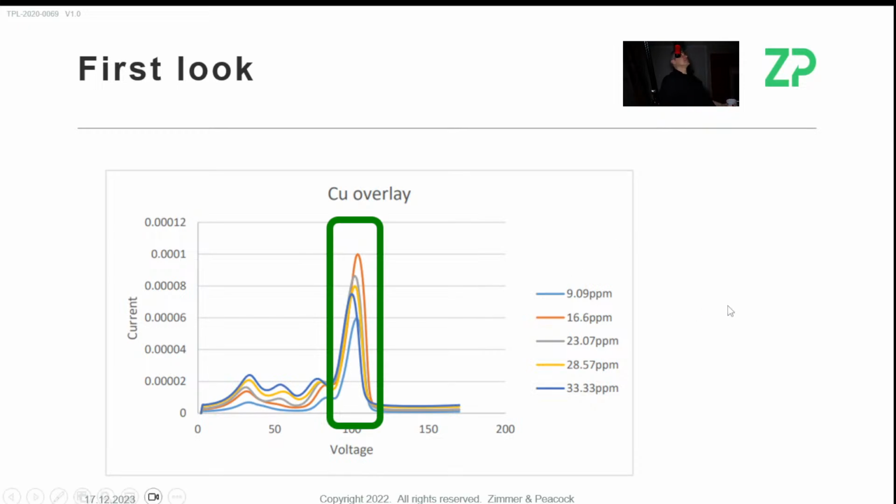Now, at ZP, our business model is primarily contract development and contract manufacturing. So in this case, we often want to get to a quantifiable sensor as quickly as possible. When I look at their data, I see peaks that are proportional to copper. As a pragmatist, I'd have our team focus on the peaks at 25 millivolts, because it's easy for us to write an algorithm, apply it to our Sensi-All platform and say, okay, you have a sensor.